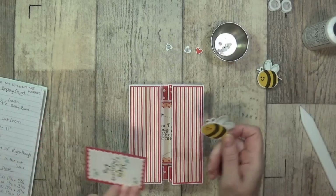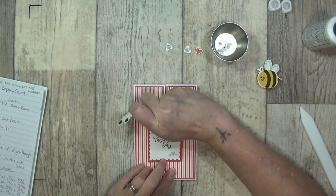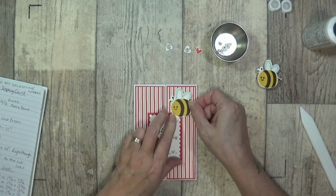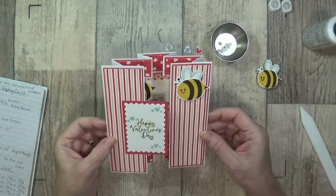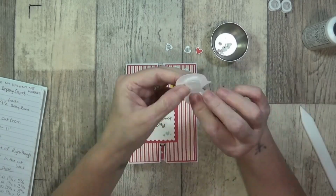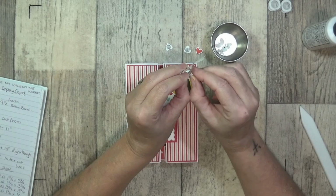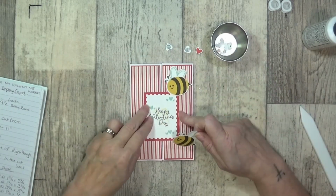Now our panel. So I'm going to come down just a touch, just so I can keep my little honeybee on that corner so it slides underneath when I come to flatten it, instead of hiding the little bumblebee. And then this just peels off. I've had these wobblers for a long time. I just don't use them that often, but I think on this card,